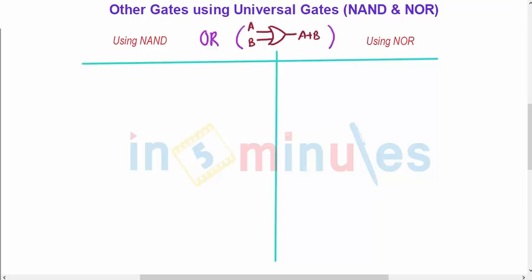While implementing the next gate, that is nothing but the OR gate. Now to implement A plus B with the help of NAND, we have the expression Y. We need to implement this expression Y is equal to A plus B. So again I will take two complements, Y complement of complement, that is equal to Y, that is equal to A OR with B complement of complement.